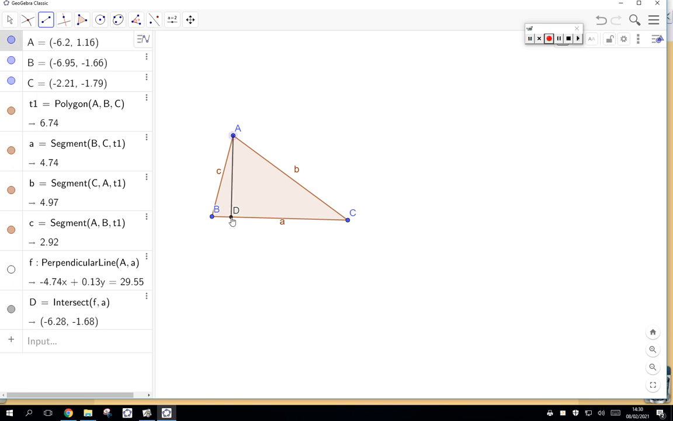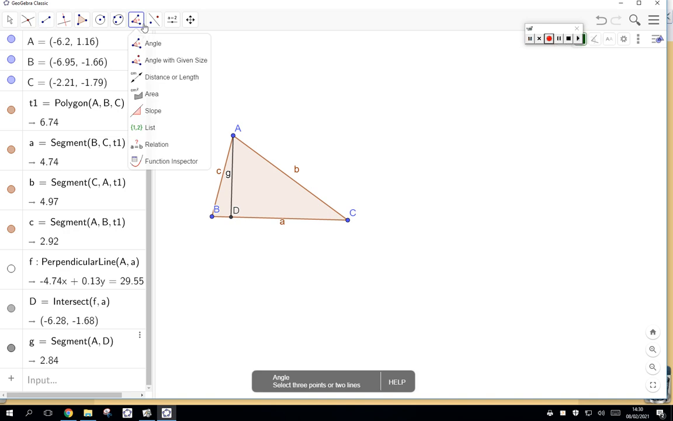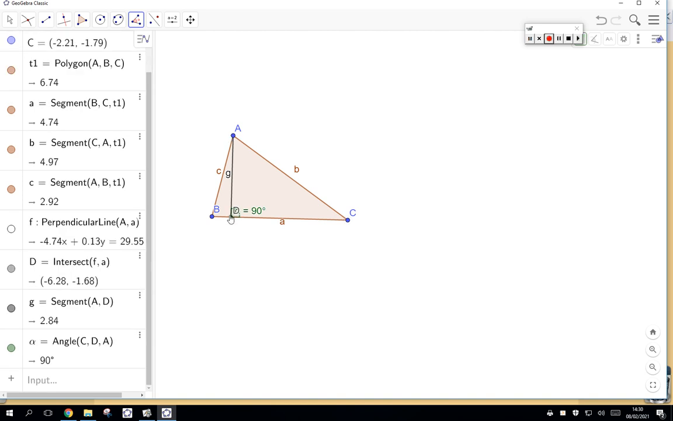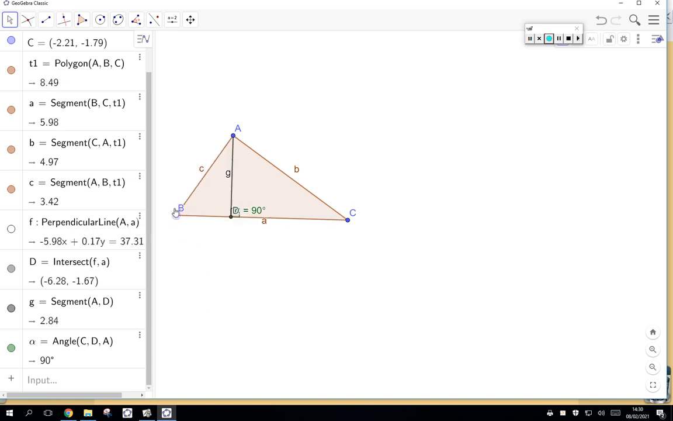So line segment from A to D, and that is an altitude. Okay, the key detail is it contains a vertex and it is perpendicular to the side opposite. Notice that's 90 degrees. Okay, and that triangle, you know, that's in there. That's what it looks like. Okay, so that's what an altitude looks like, and you can draw an altitude from any